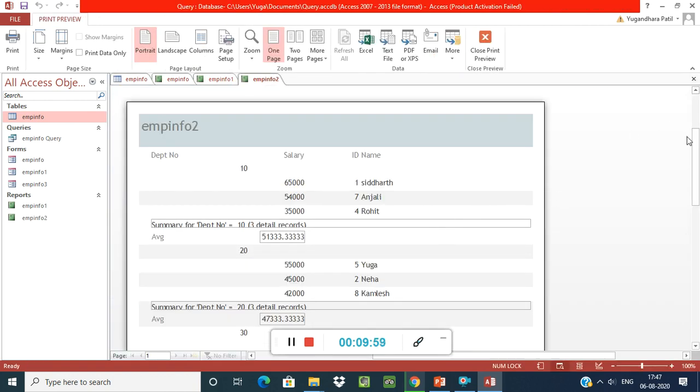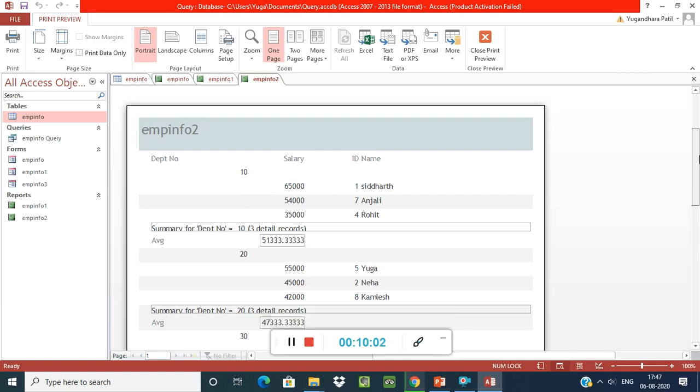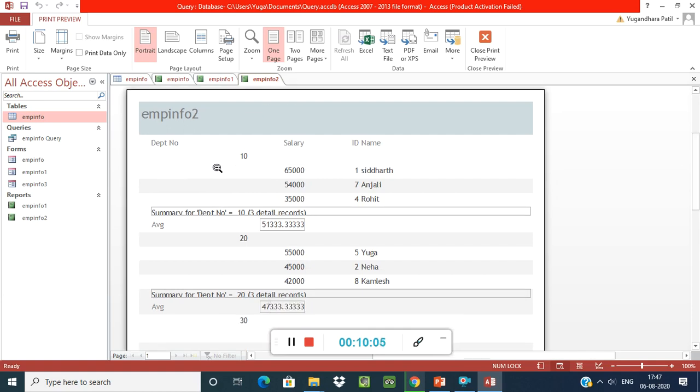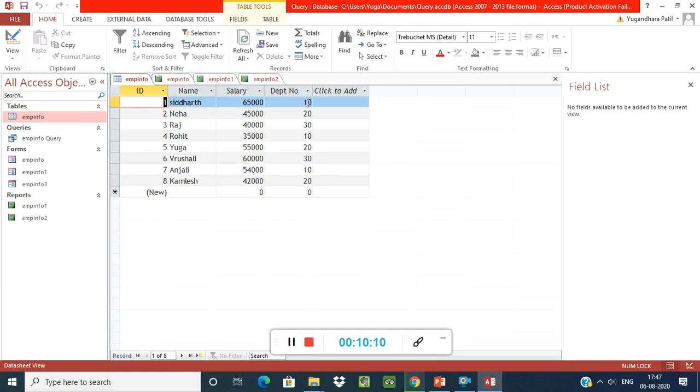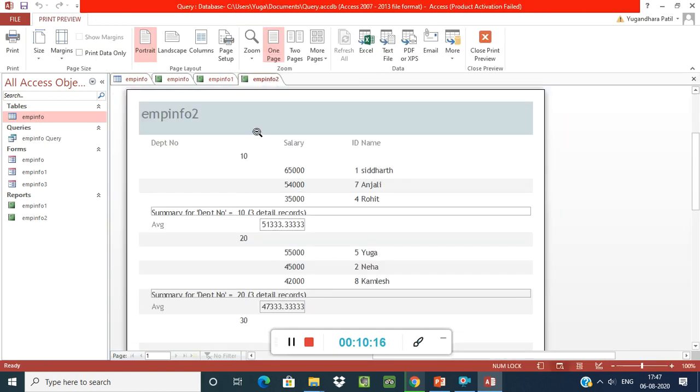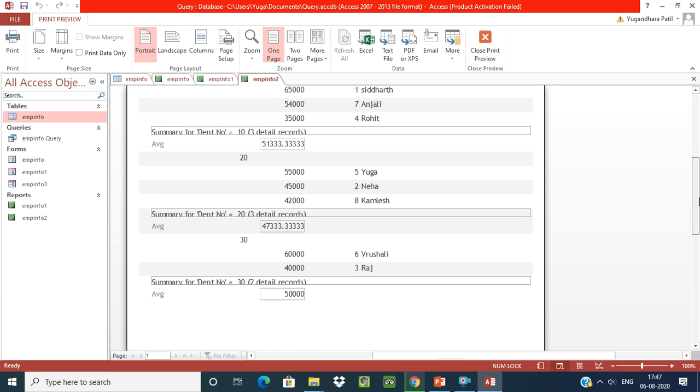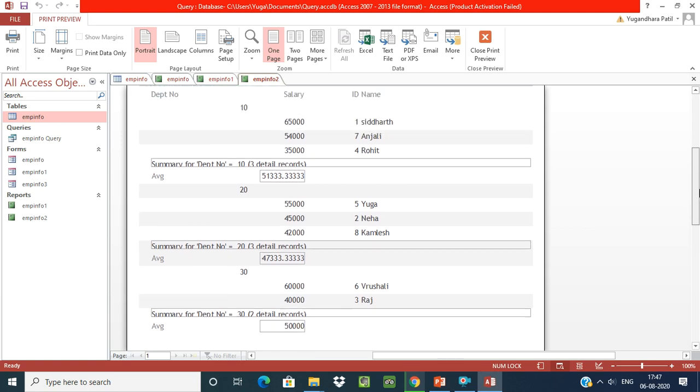See here, my report is created. This same report is there in your textbook. Department number is selected, and this is a subtotal. What does that mean? In this table, all the department number 10 records come in one group, like Siddharth, Anjali and Rohit having department number 10, then Yuga, Neha, Kamlesh having department number 20, then Rushali, Raj having department number 30, and the average salary is given here.